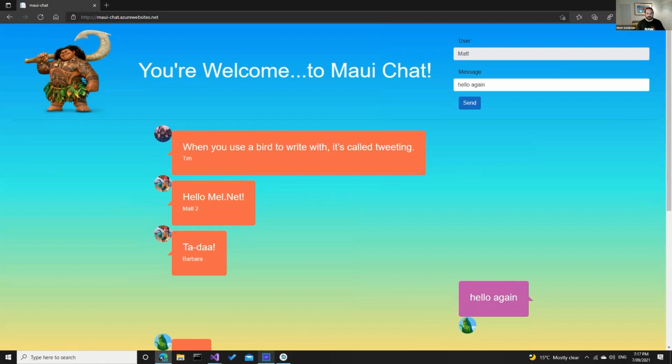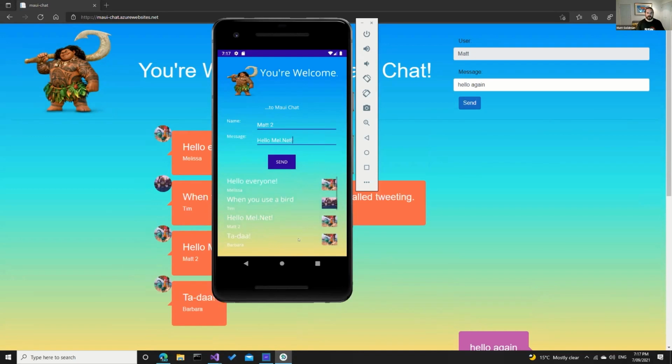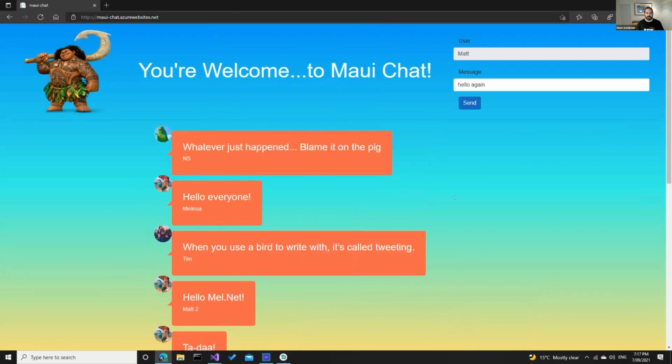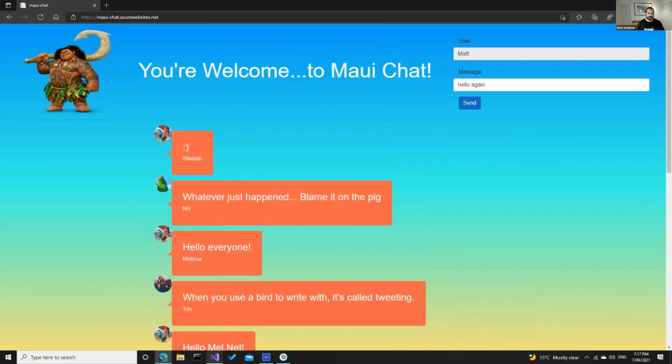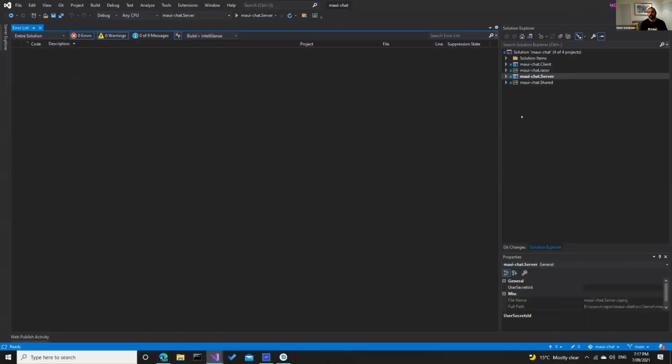So yeah, we've got this code here, and we've got an app that doesn't quite look as cool on Android. We'll see if we can do something about that. But let's have a look and see what this looks like, and I'll just walk you guys through this. So this is my MAUI chat application. This is a Blazor application, and what I've done here is I've taken just a Blazor